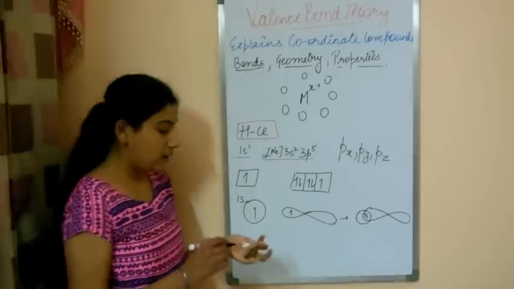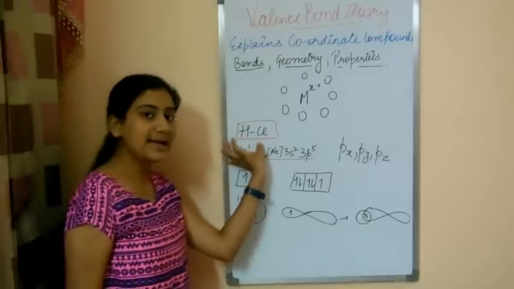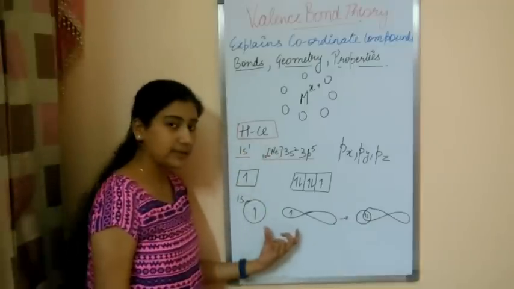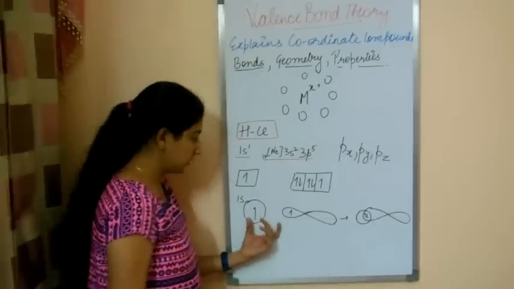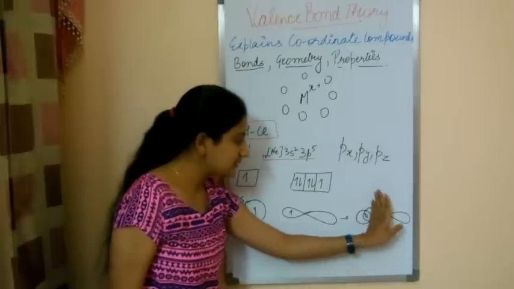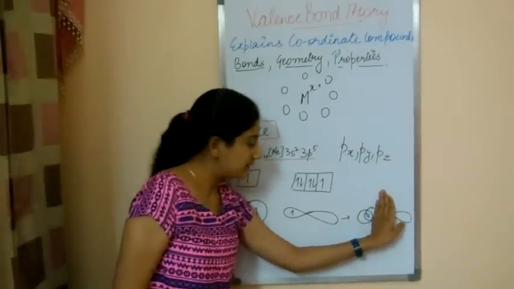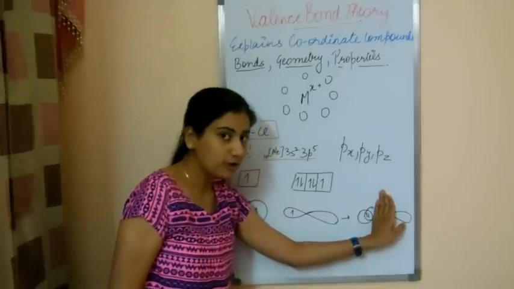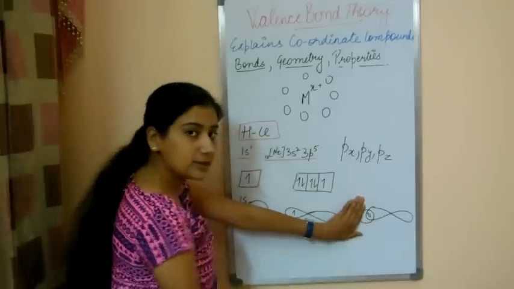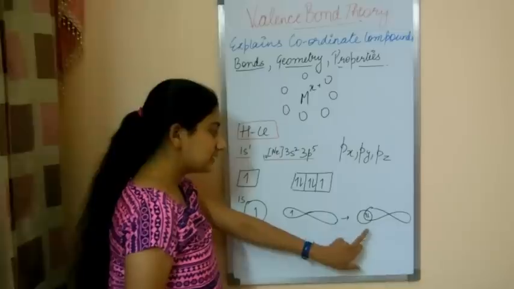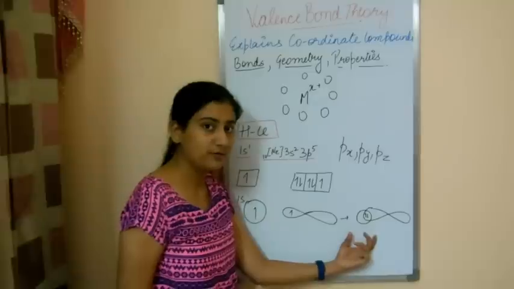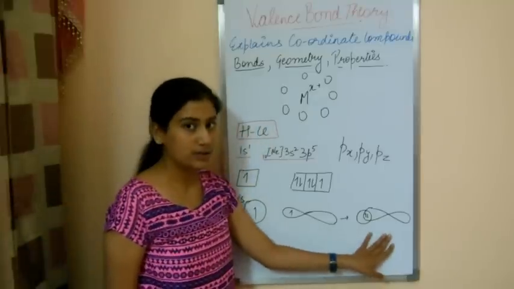Now, to form this bond, what happens in a covalent bond? We know that in HCl it is a covalent bond. These half-filled orbitals partially overlap each other. On overlapping, we can see that the s orbital now has 2 electrons, which means it got fully filled. The p orbital is also fully filled because it contains 2 electrons. This means that both the orbitals get fully filled on partial overlapping, that is, by sharing of electrons. So this is how a covalent bond is formed.